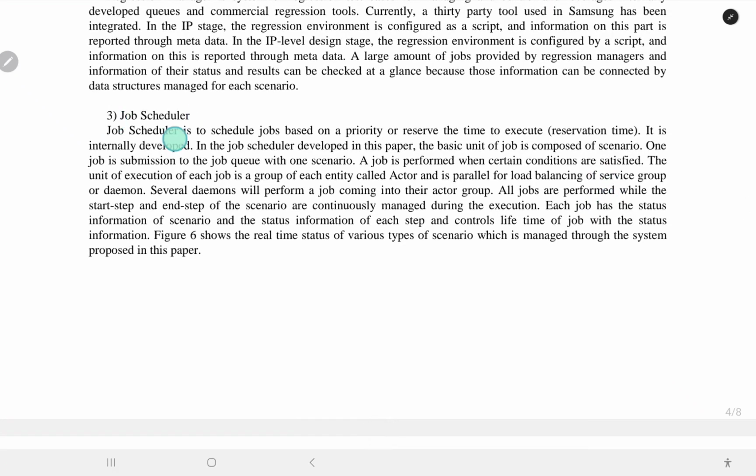3. Job scheduler. The job scheduler schedules jobs based on priority or reservation time to execute. It is internally developed. In the job scheduler developed in this paper, the basic unit of the job is composed of a scenario. One job is submitted to the job queue with one scenario. A job is performed when